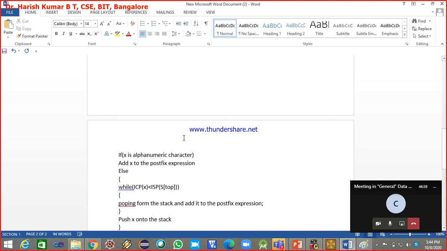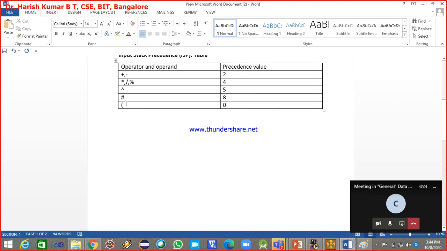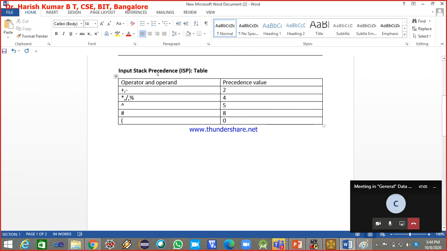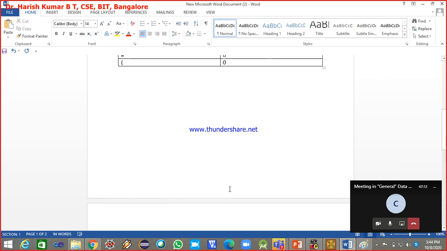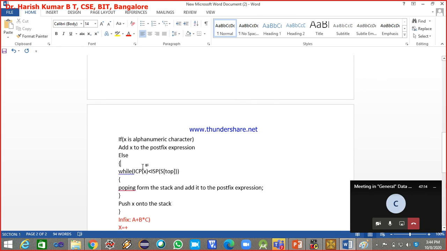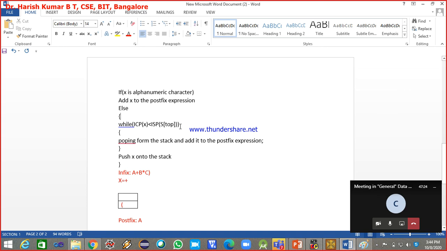What is the precedence of opening parenthesis? You have to see the input stack precedence table. It is 0. So this is 1 and this is 0. Is 1 less than 0 true or false? False it is.